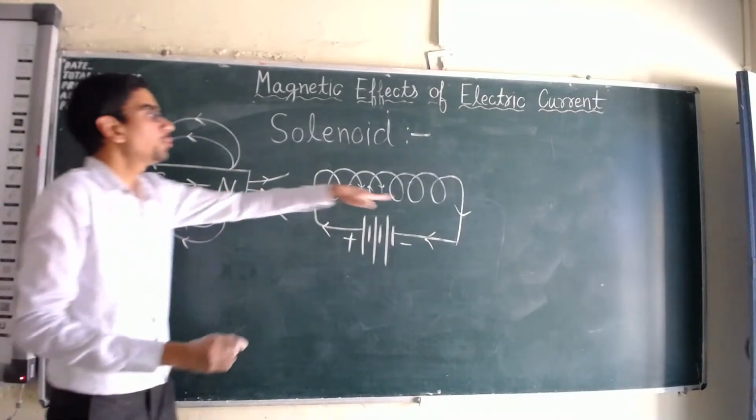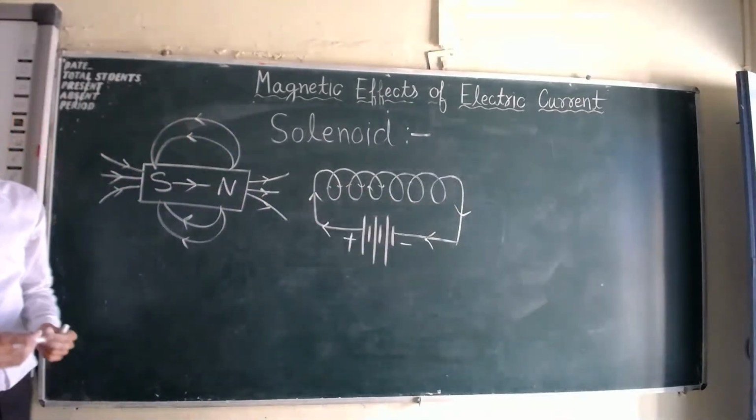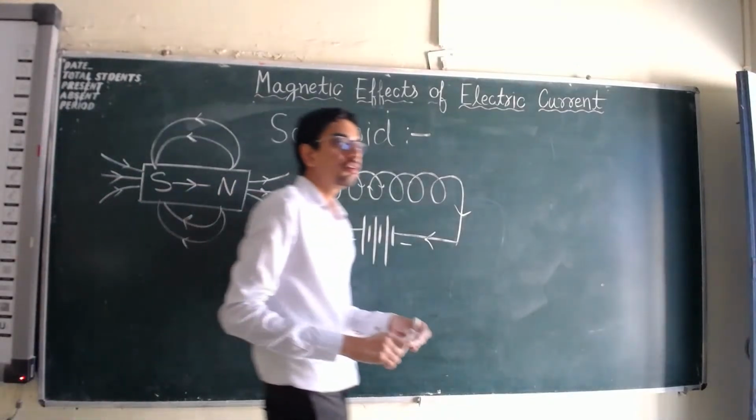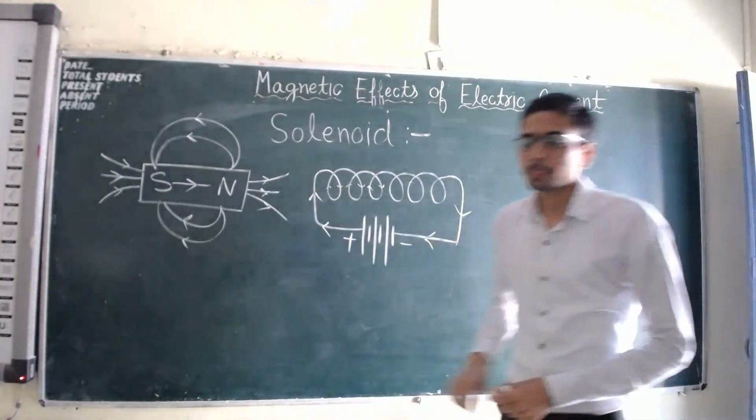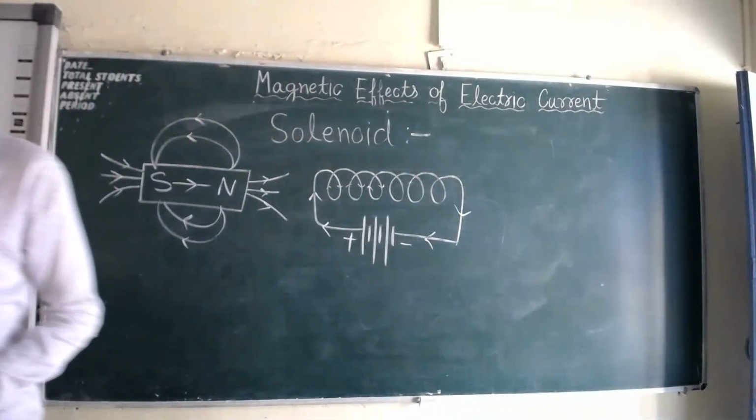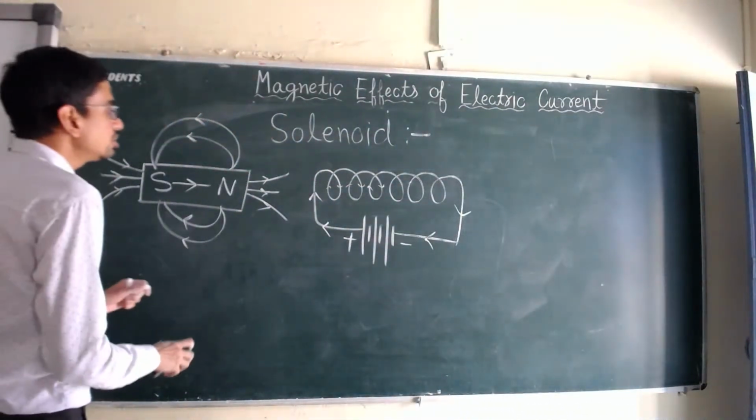बट इसमें कौन सा नॉर्थ पोल है और कौन सा साउथ पोल है, हाउ विल यू फाइंड आउट? How will you find out that which one pole is south and which pole is north in this solenoid? To find out that, there is a simple rule. You must remember that rule, which is